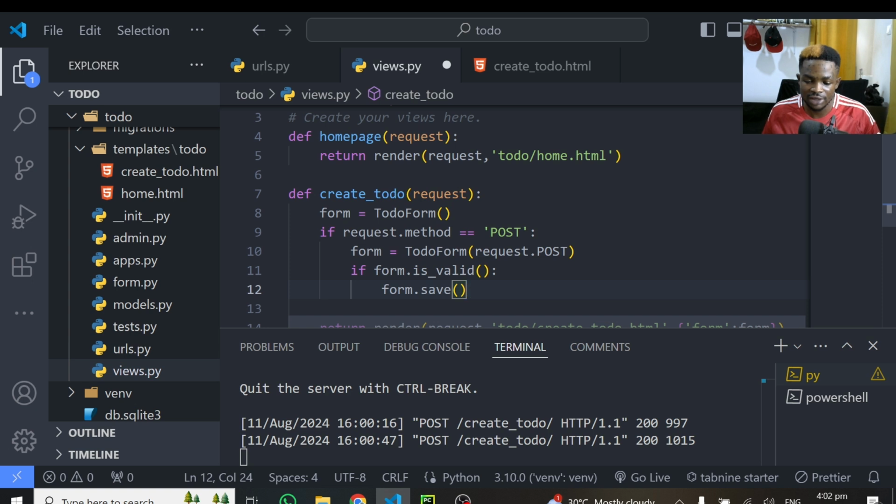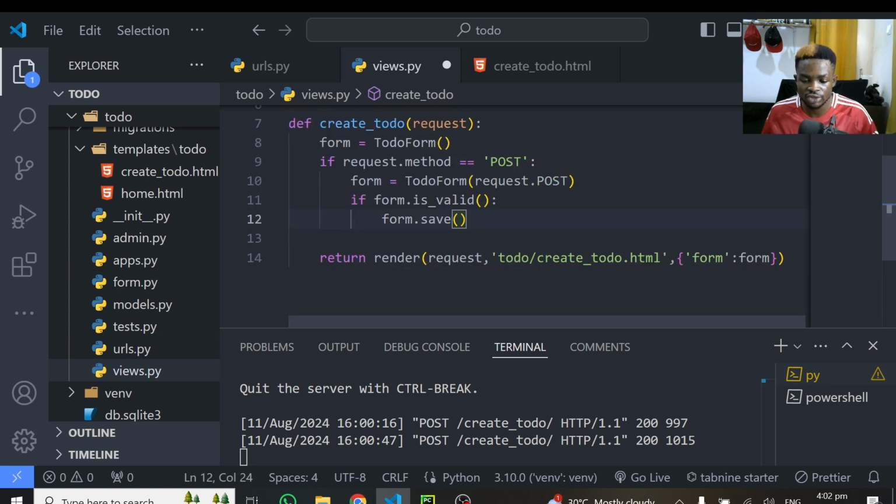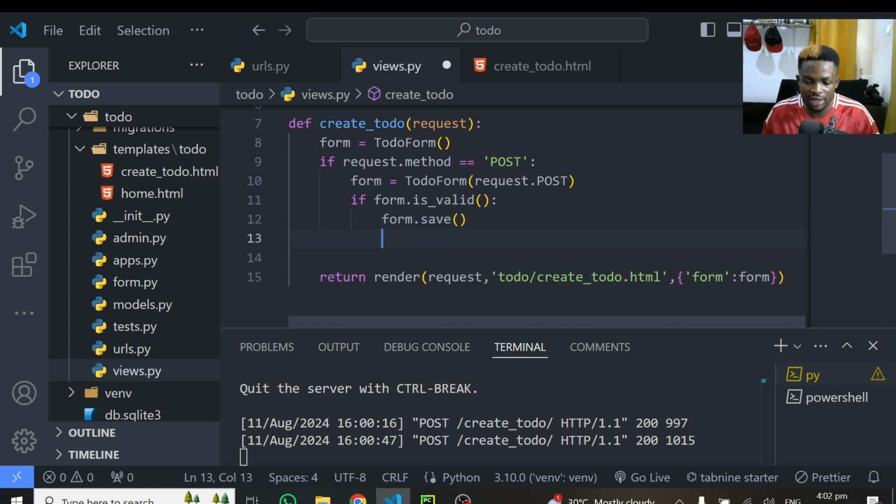All right, so we are checking for a POST request. If it's a POST request, we know somebody has clicked the button. We get the data in those forms, and then we check if the data coming from the form is valid. Once it's valid, we have to save it. So we just go ahead and save it right there, and after saving it, we can redirect the person to the same